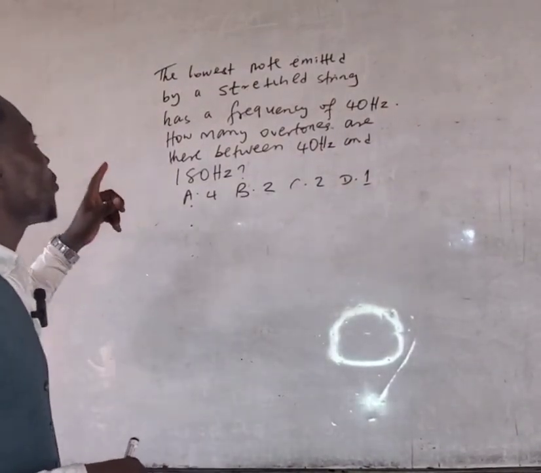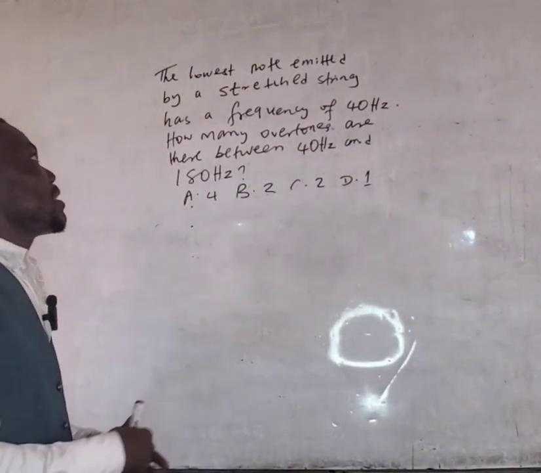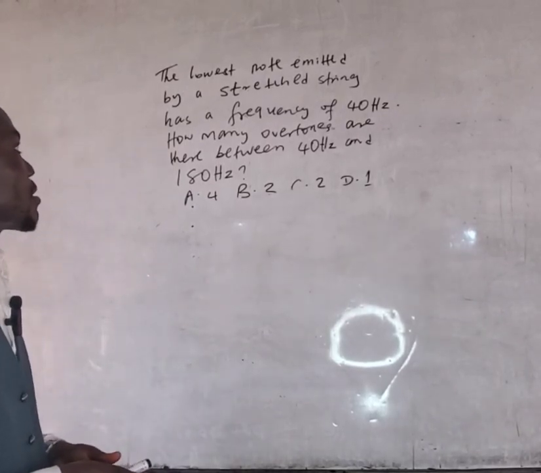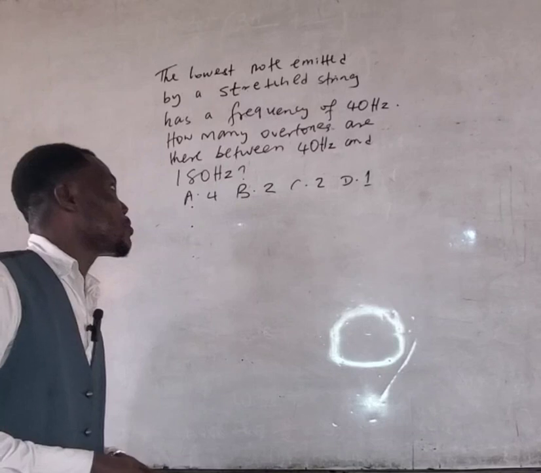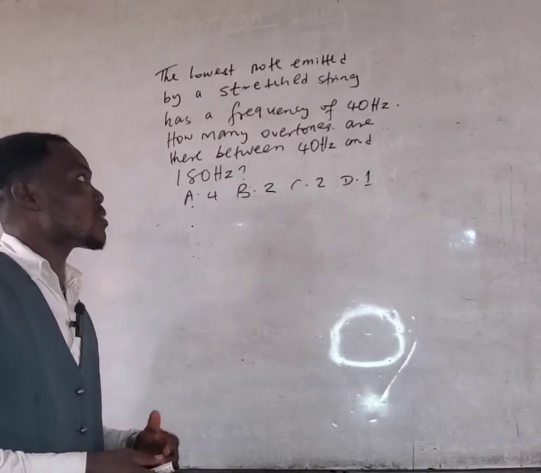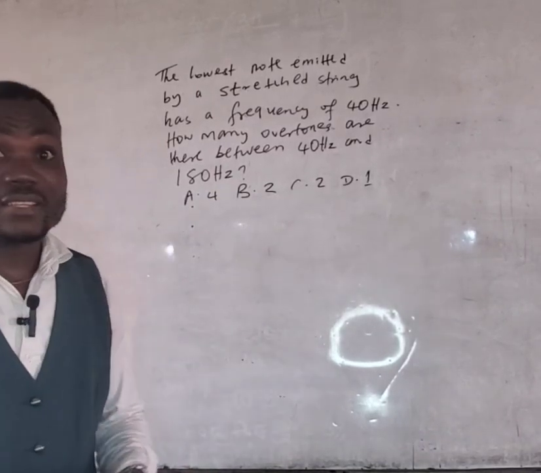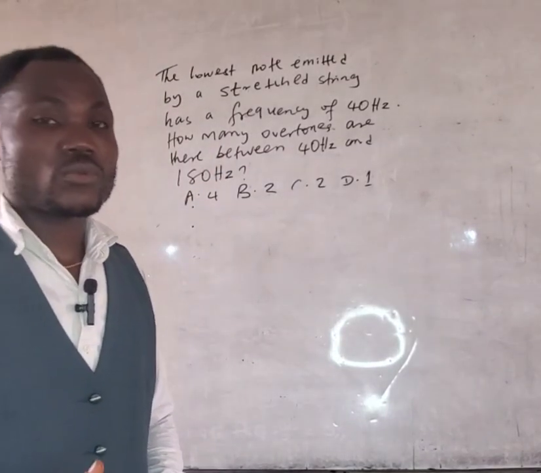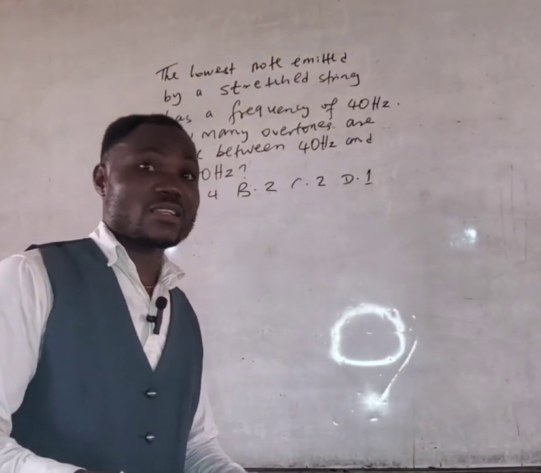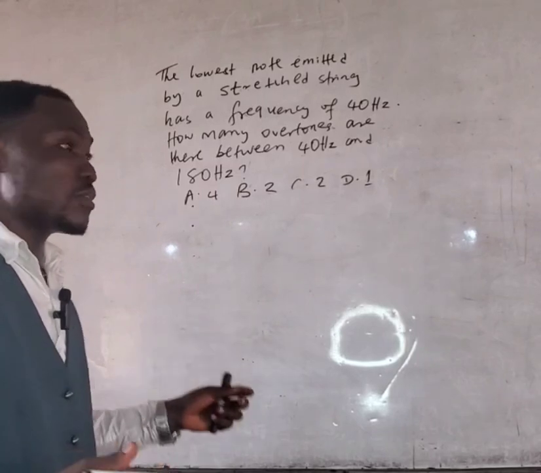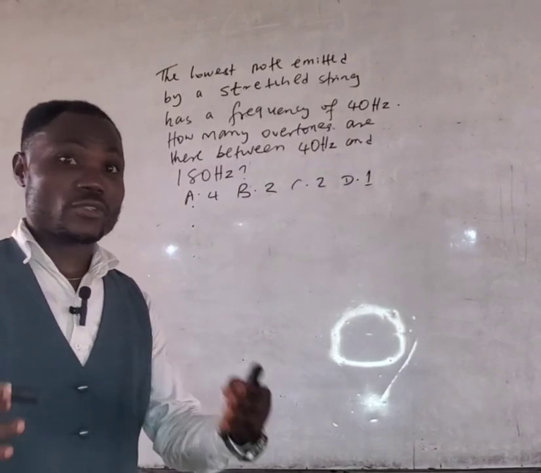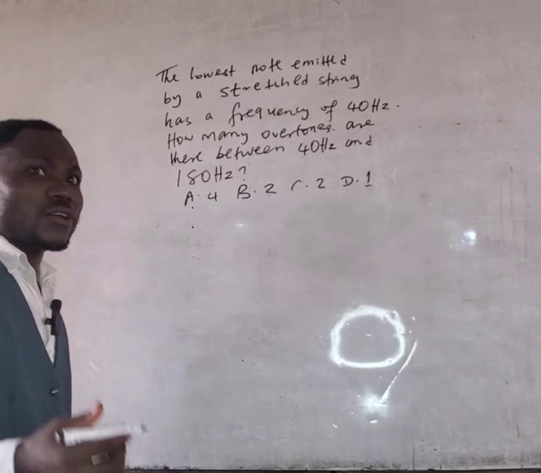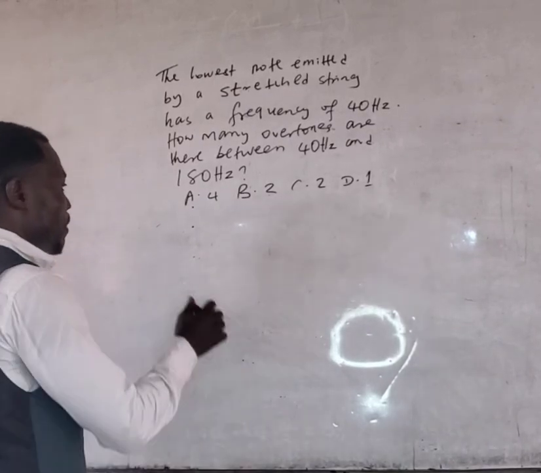So we have: the lowest note emitted by a stressed string has a frequency of 40 Hz. How many overtones are there between 40 Hz and 180 Hz? Now, for us to solve this problem, like I said, I'm going to use this to summarize vibration on a string. So, let us consider a string